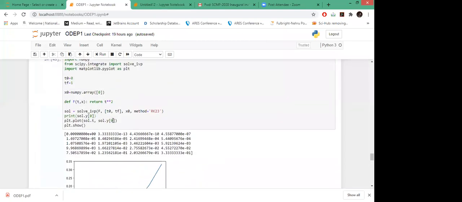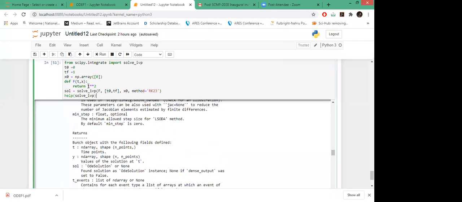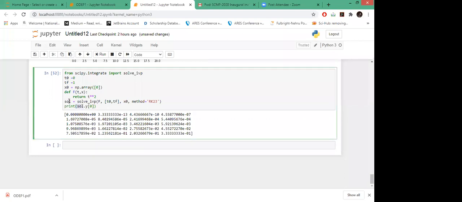Let me just take it from here. So here, similar to what I was doing, I've used this method and I'm calling solution dot y0. Okay, now it is fine. I might have made some error with the name of the solution. Okay, so as you can see, these are the values of your output, or you can say the solution.